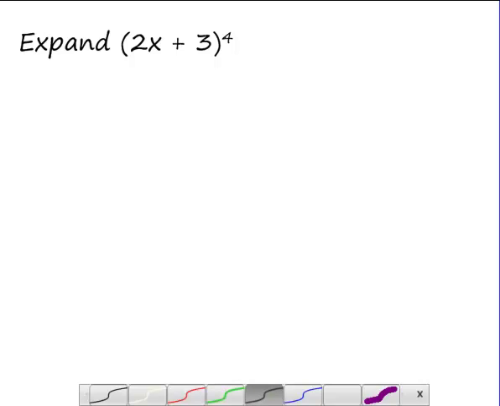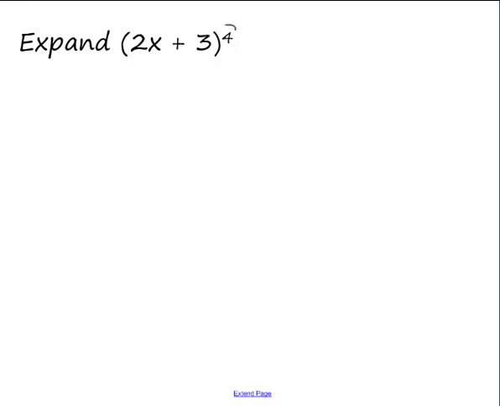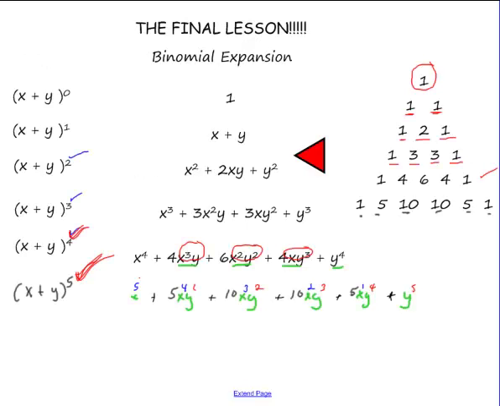Alright, so let's say I wanted to expand this. First things first, I know it's expanded to the fourth power. So what I'm going to do is set myself up. I know it's Pascal's triangle. 4C0, 4C1, 4C2, 4C3, and 4C4. And that's why I like using Pascal's triangle and not using the calculator, because I could have